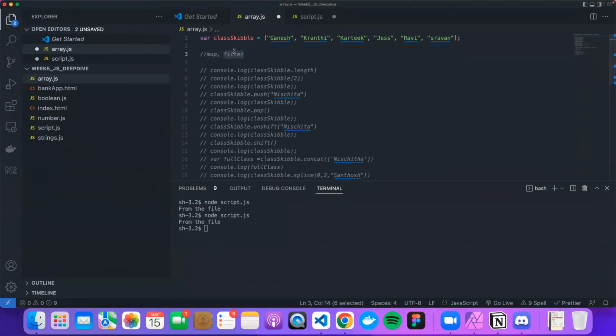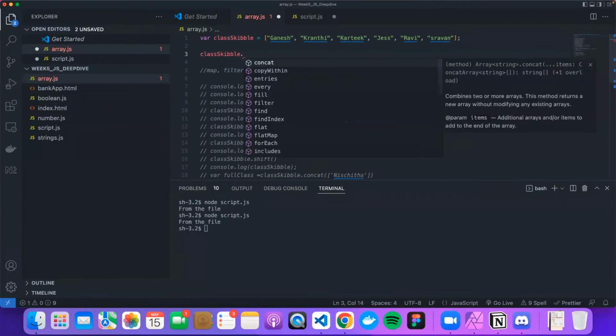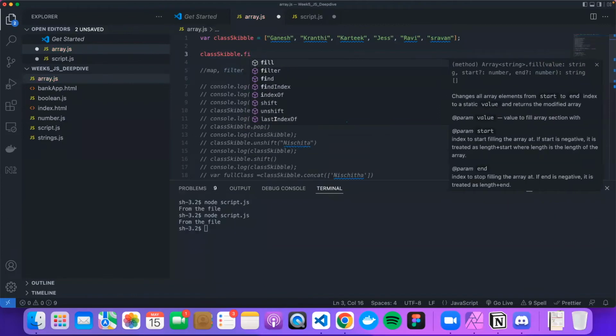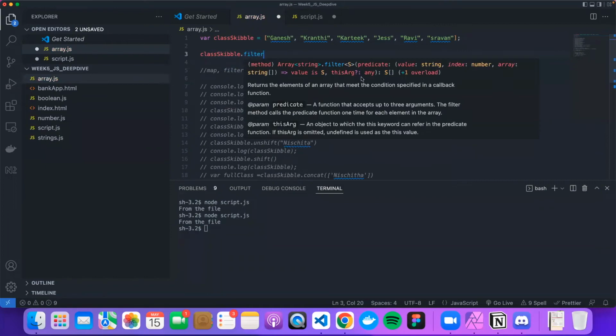The next item we're going to see is filter. As the name suggests, it is used to filter an array. So how do you filter an array? Array dot filter. Look at the syntax. You have to pass in a predicate, like a function, a function that accepts up to 3 arguments. The filter method calls the predicate function one time for each